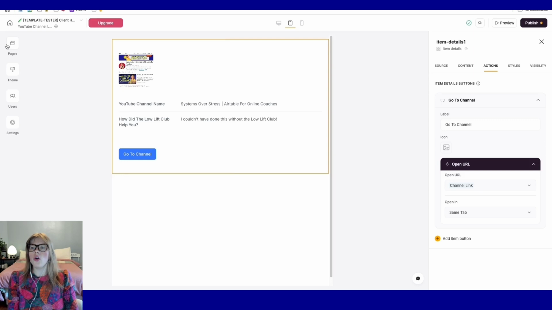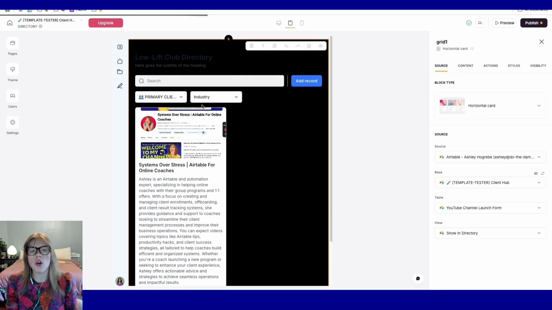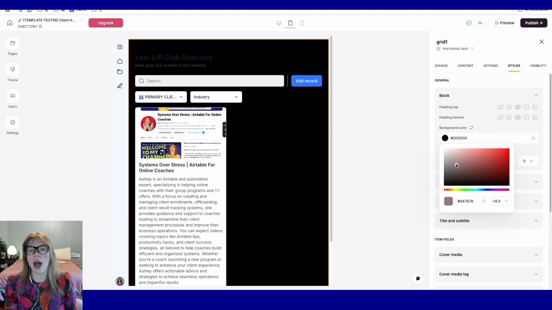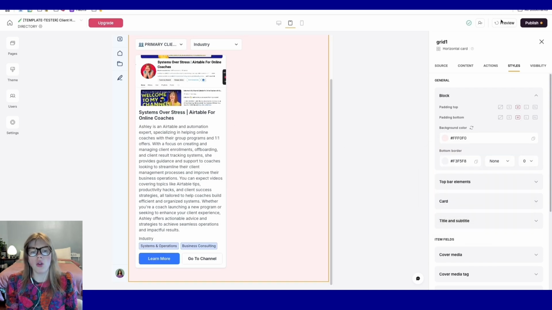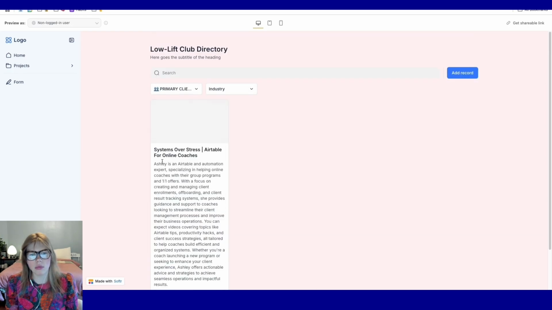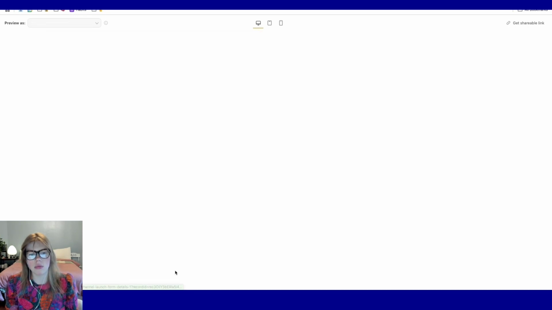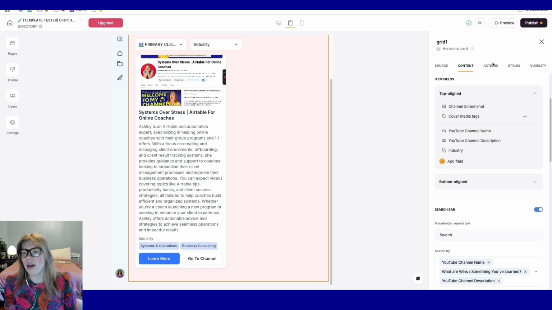So you basically have two pages inside of Softr. You have the actual directory, and then you have the learn more itself. If you click preview here, you can see that learn more can pop open to a different page, which is what I just did. Or you can have it go into content, and when you go to actions,